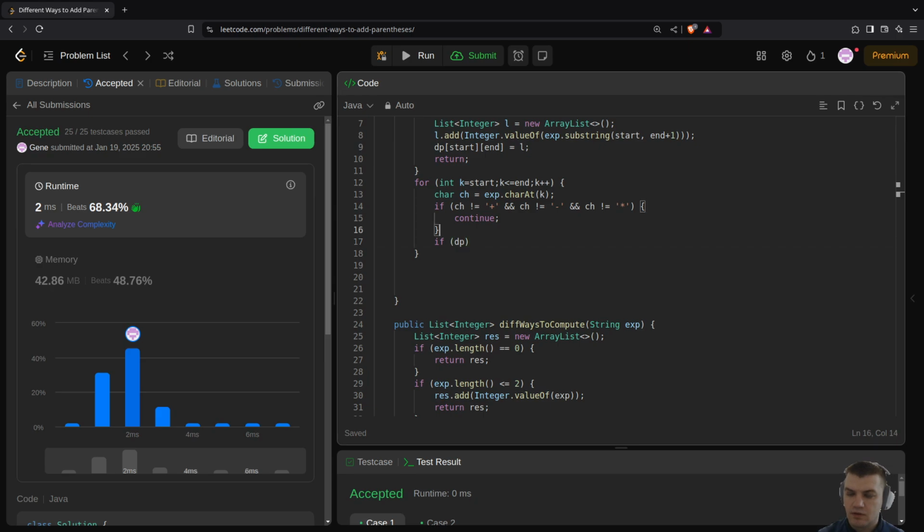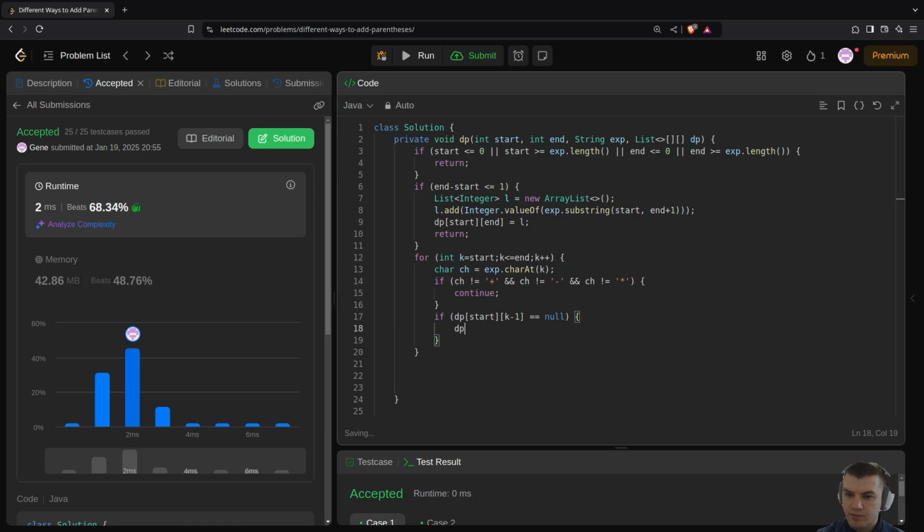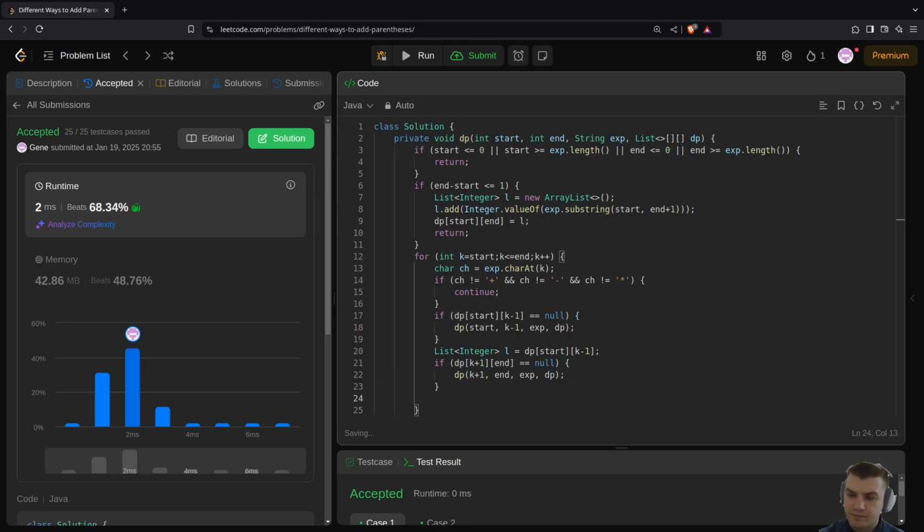if dp left, or like start k minus 1, is null, I want to do dp start k minus 1 expression and dp, and then list integer left equals dp start k minus 1. And then if dp k plus 1 end is equal null, I want to do dp k plus 1 end expression, then dp, and then list integer right is equal dp k plus 1 end,